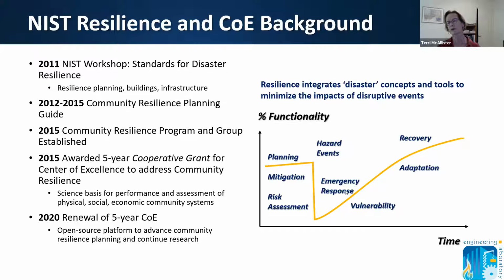So let me just provide a little bit of background, going back a little bit. At NIST, we first started thinking about resilience around 2011. This was after a number of hurricane disasters, the World Trade Center, and more, we were starting to see these very large-scale impacts, whereas prior to that, the impacts had tended to be more focused on buildings. So we started working on a workshop in 2011, and that led to thinking that we wanted to develop community guidance. And in 2015, we had a very large year.